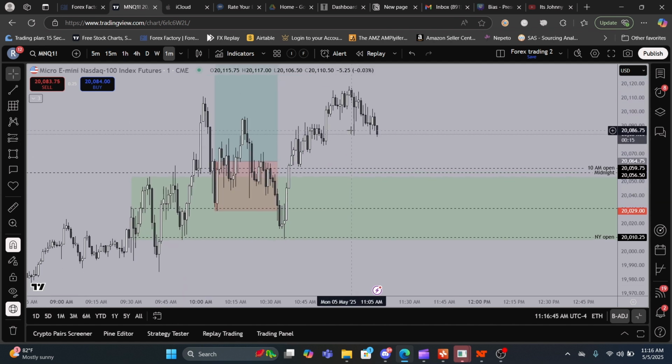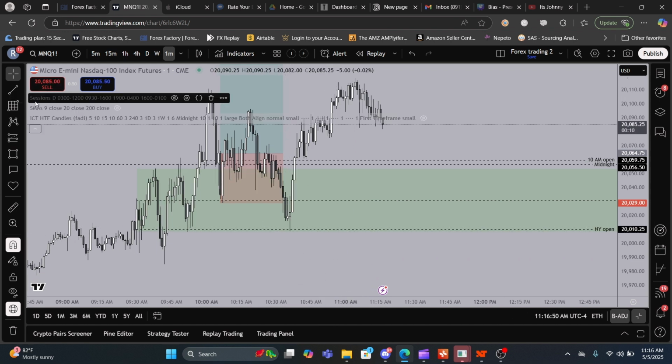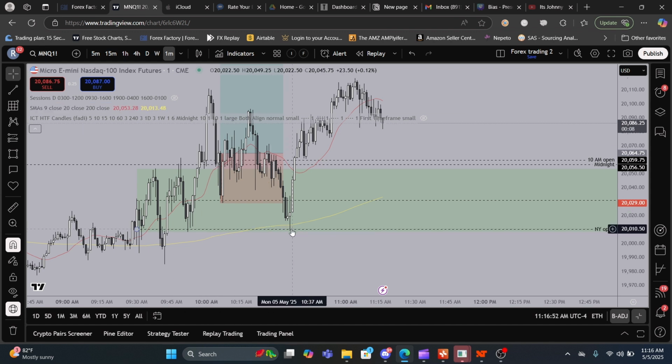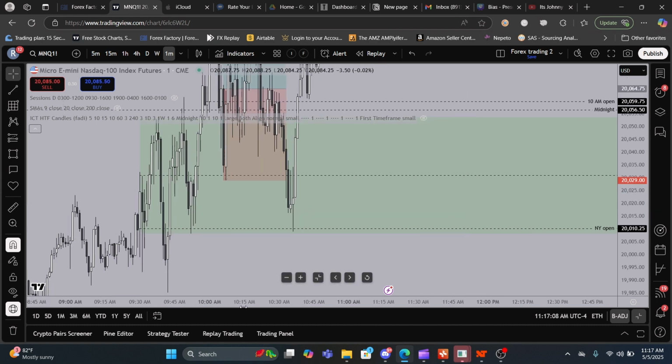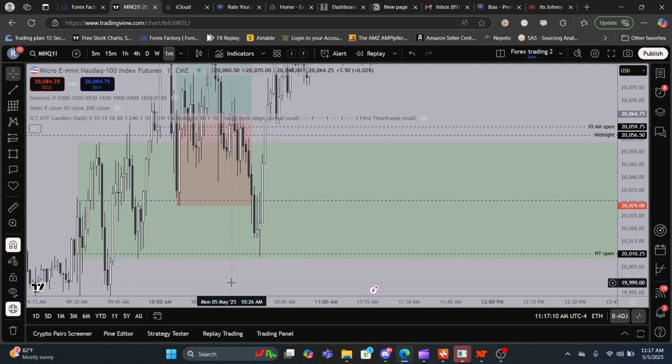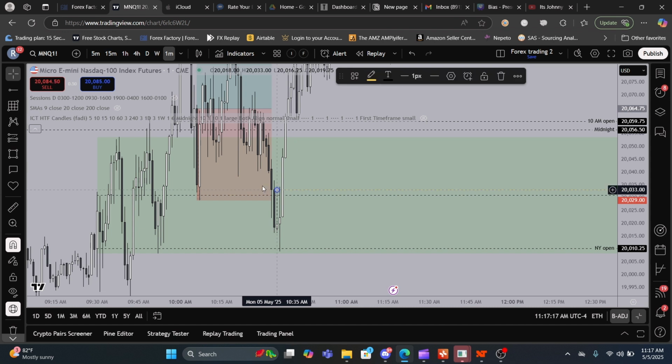I noticed something critical, right? We come down to the NY open, and I also like to play my EMA, so if you're an EMA guy, this hit the 200 as well, okay? So when it does that, and it also goes below NY open and just wicks it like that, I also noticed another thing, and this is really key. I don't know what they call this, to be very honest with you, but I've just noticed a lot in backtesting and just trading in my years. When you have